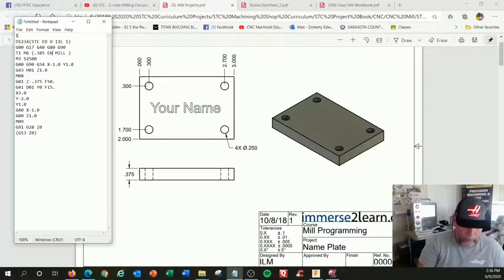0.375 end mill. Okay. No. 7.5. All right, tool is up, and if I'm just doing this alone with no face mill and no, I